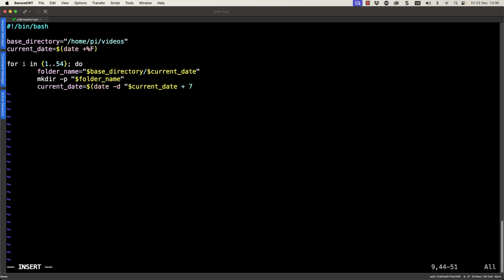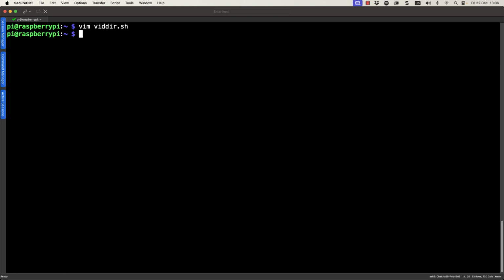This is going to increment by 7 days each time we iterate through our loop. We need it, of course, still in our standard format, so our plus and %F, and close off the parentheses. We can then close off our looping structure with the done keyword, and we should be good to go. We've got something like 10 lines of code there, including a couple of empty lines, so there isn't too much for this to do or understand.